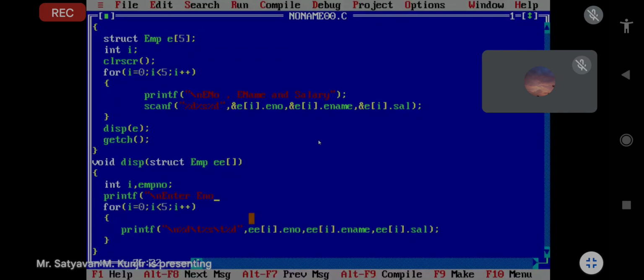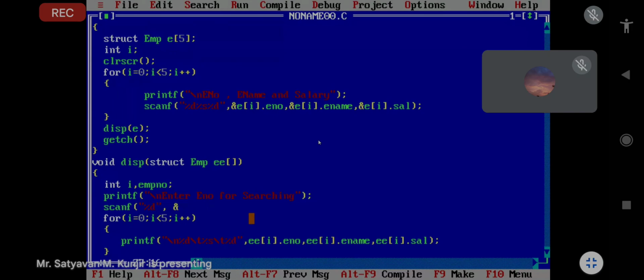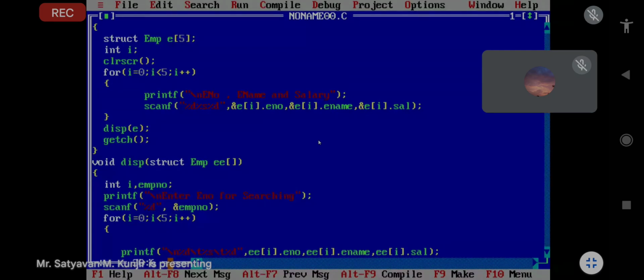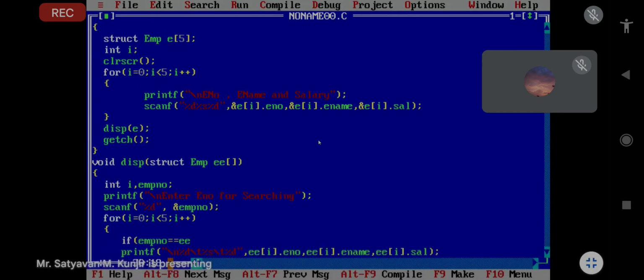printf "\nEnter emp number for searching", and then scanf, send the ampersand emp number, and then here we can search: if emp number equal to EE of I dot E number.